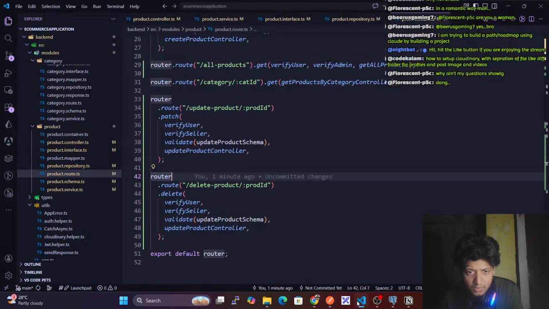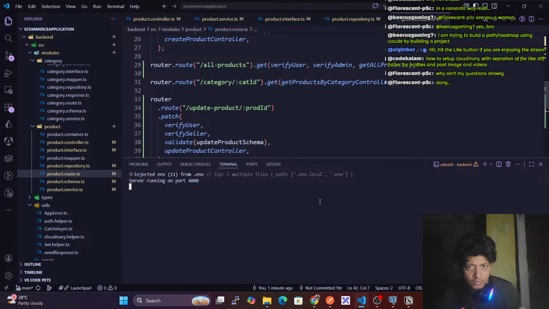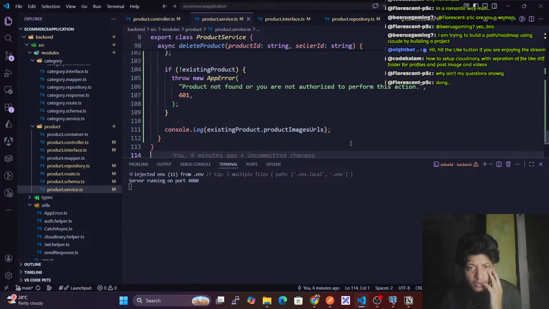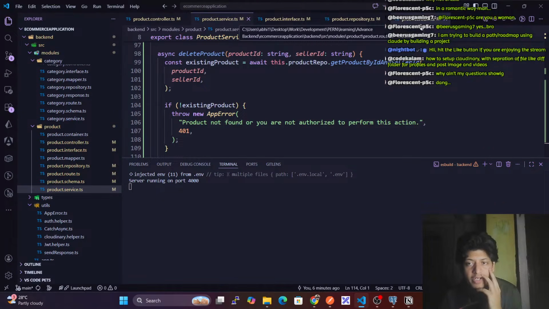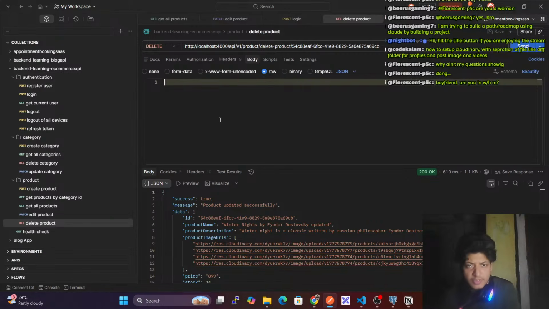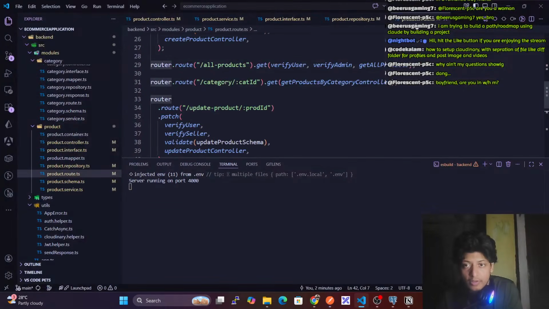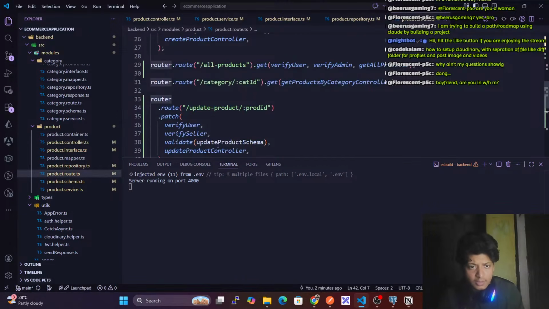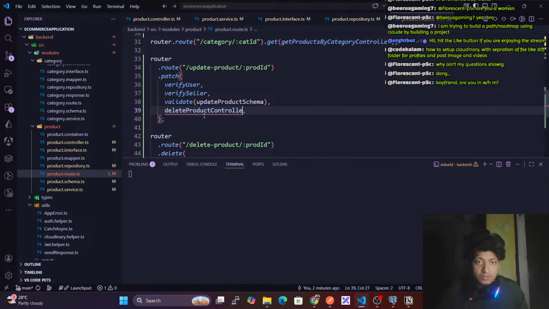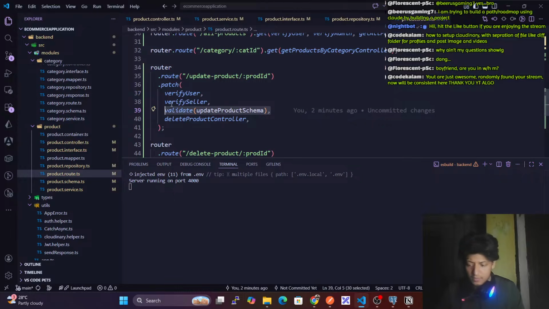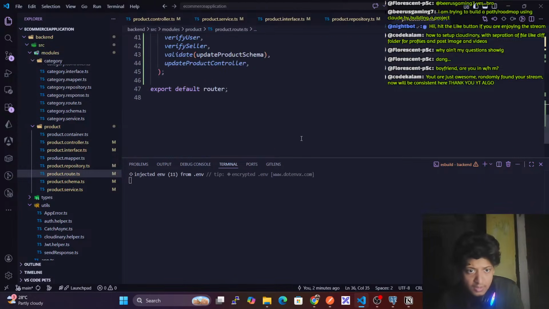Okay, hold on. Here what are we getting? Delete product console.log. Why did we not get that? Okay, we did not pass. Hold on, here remove this, and also in my product route, this delete controller, I need to pass this route. And here this validation body is not required. Okay, now if I